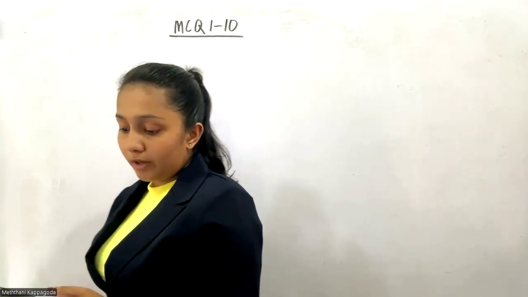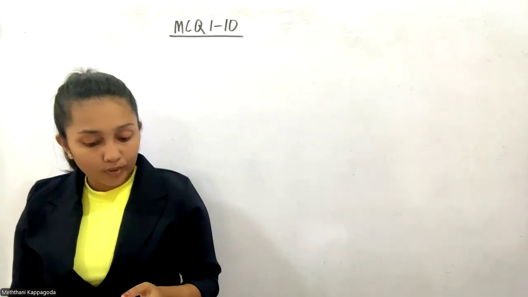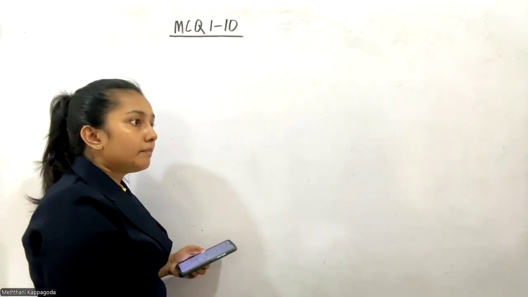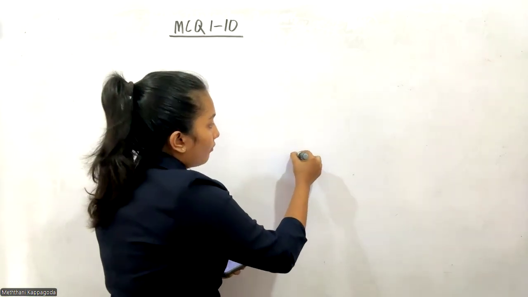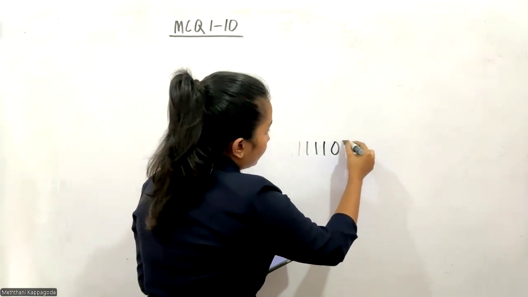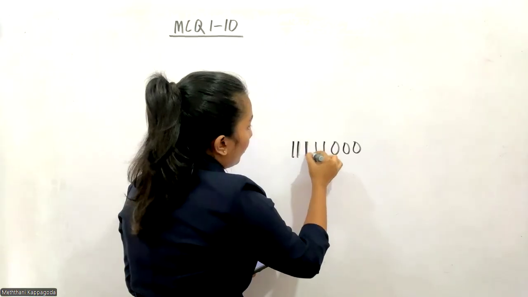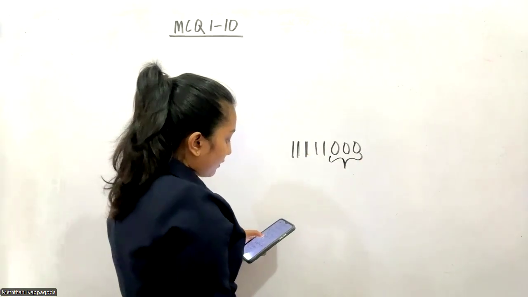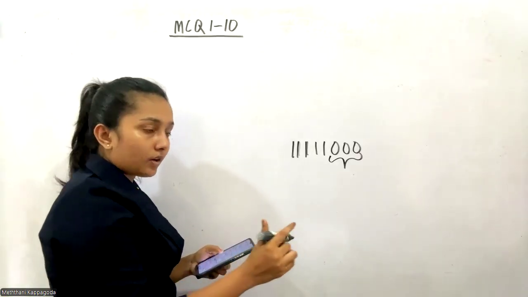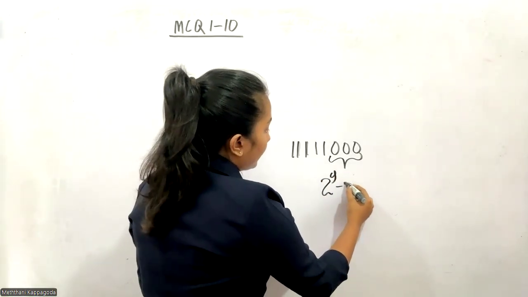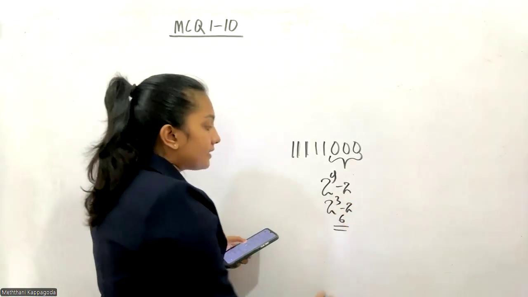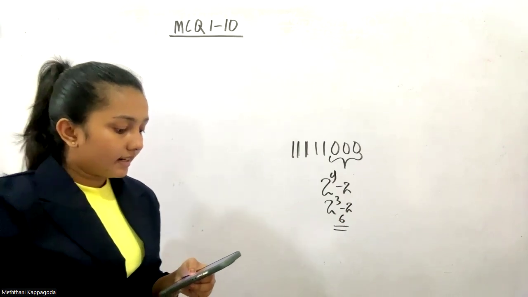A network with a subnet mask 255.255.255.248 can accommodate 6 hosts. 248 means, lamai, there are 1, 2, 3, 4, 5, 6, 7, 8. So this is 248 in binary format. It means there are 3 host bits. 3 host bits means you can connect only 2 to the power 3 minus 2, 6. Only 6 hosts. Yeah, that is correct. 2 is correct.